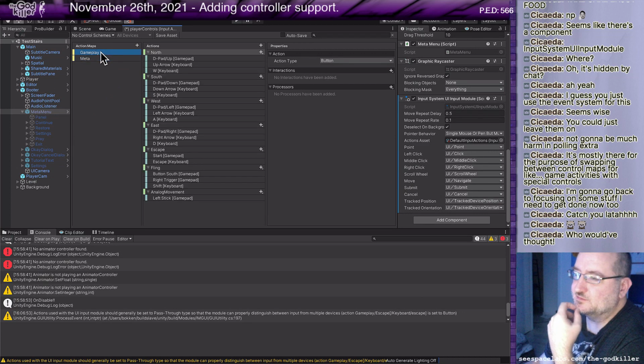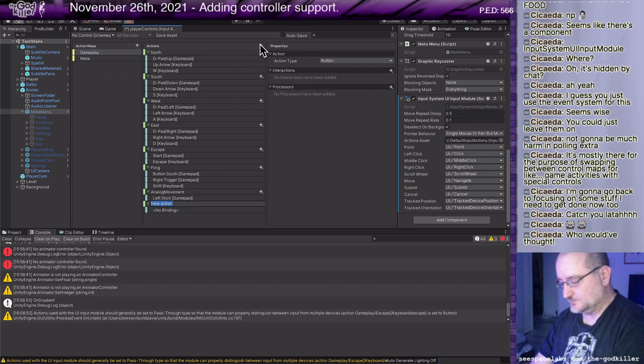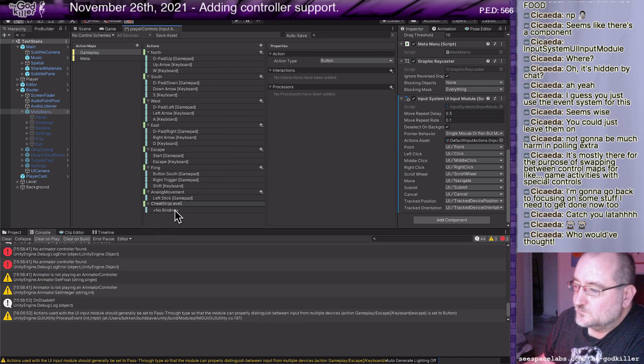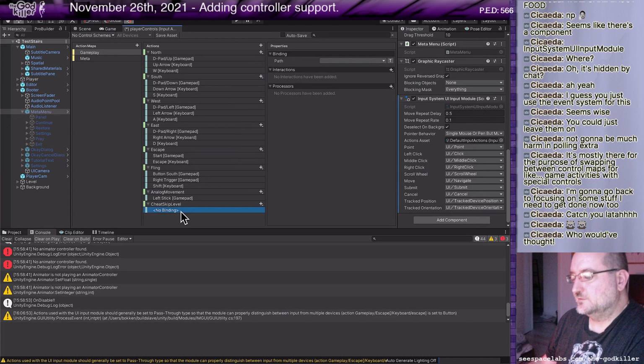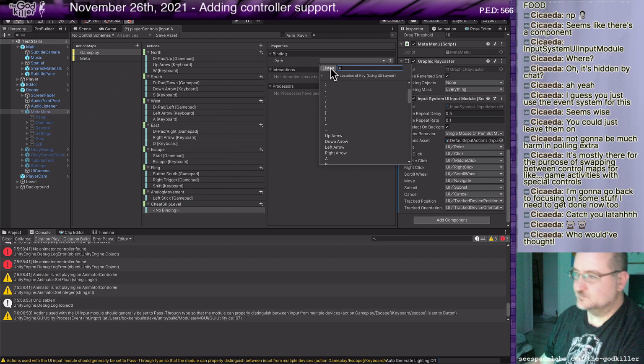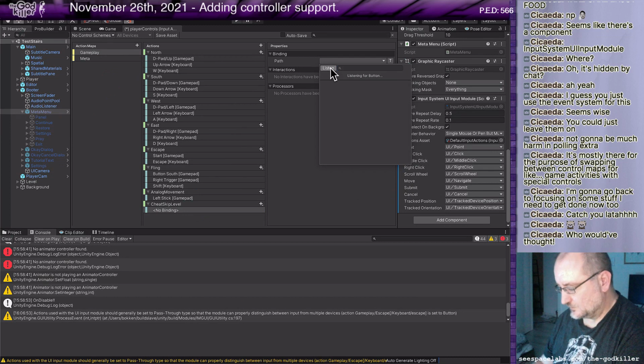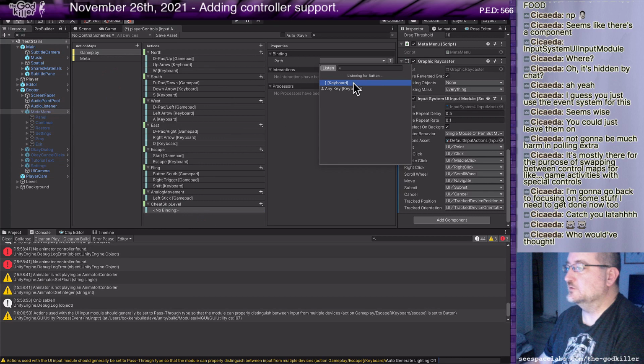Actually, go back to gameplay and let's add cheat, skip level, and let's see. Okay, this is an action button. Good. Okay, binding will be... boom. There we go.